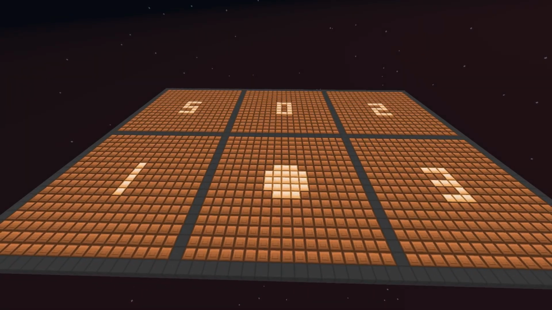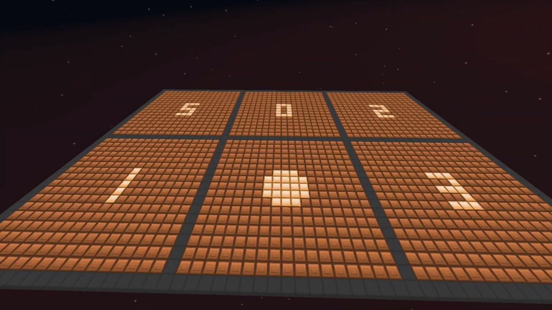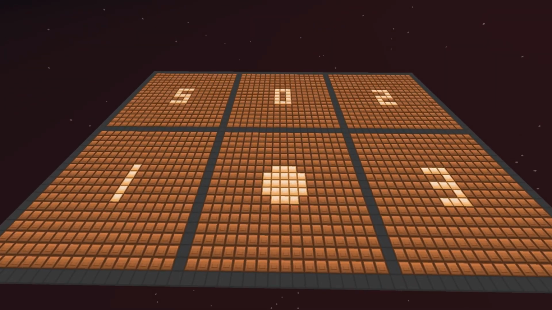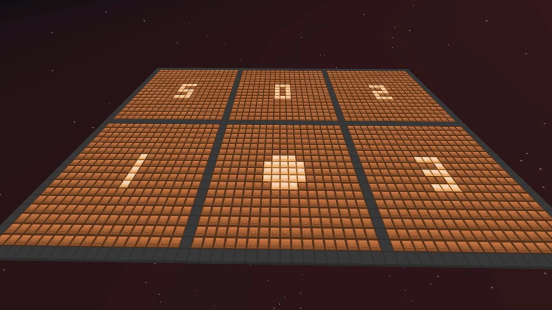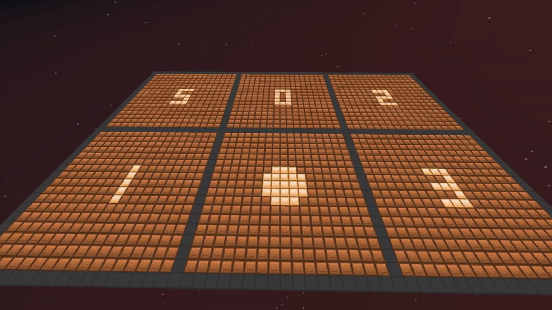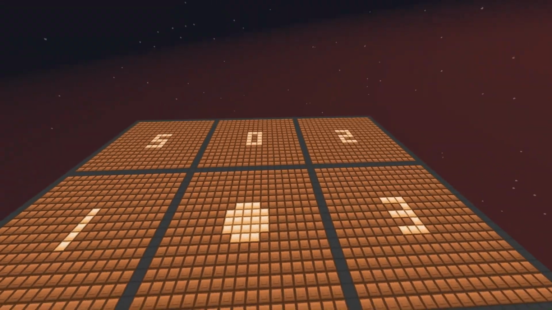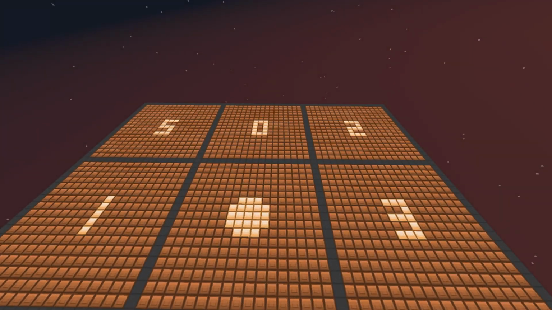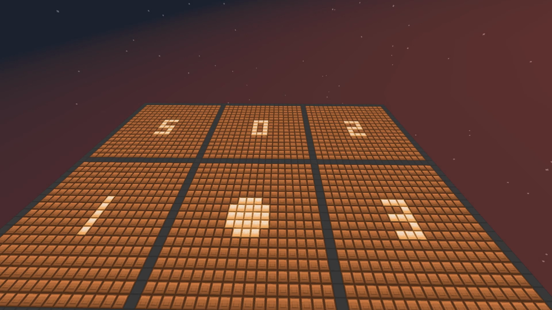So today I'll be explaining how I built my MineSweeper game. If you don't know what MineSweeper is, you have a board, and what you need to do is find the bombs and open all the cells that don't have bombs, basically. So I can show you a little example here